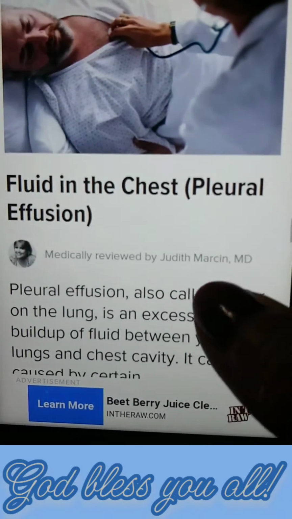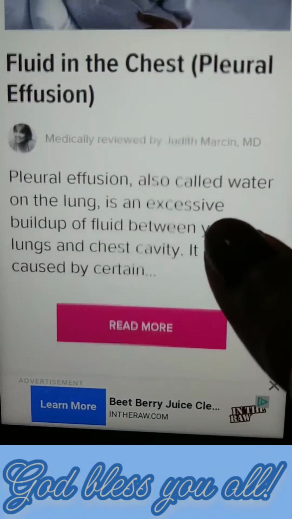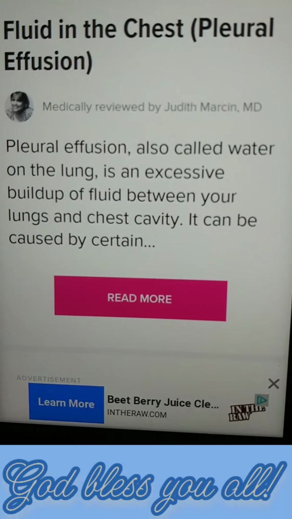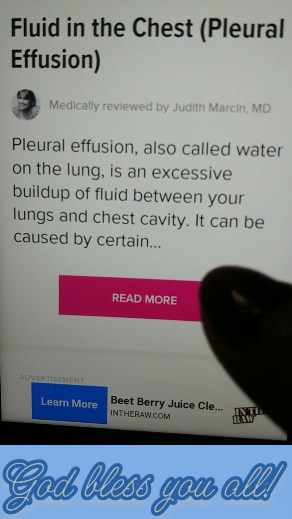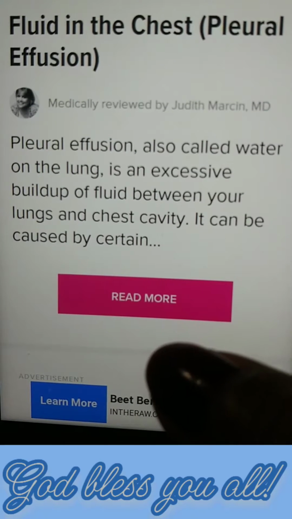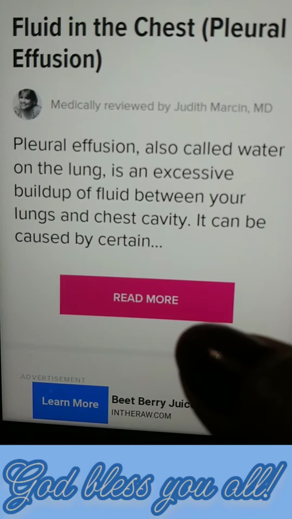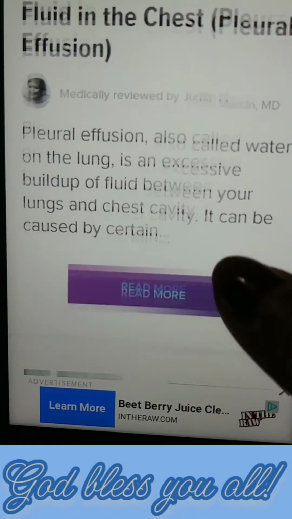Fluid in the chest: pleural effusion. Pleural effusion, also called water on the lungs, is an excessive buildup of fluid between your lungs and chest cavity. It can be caused by certain